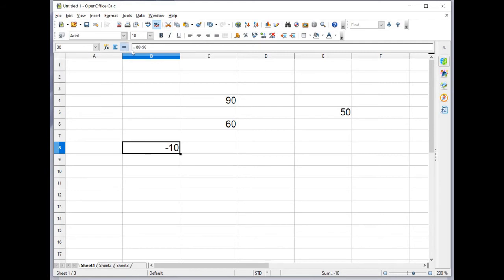Select the cell, equal 80 minus 90. So the net result is minus 10. So your formula can start with equal, or with minus, or with plus. Is it clear, children?